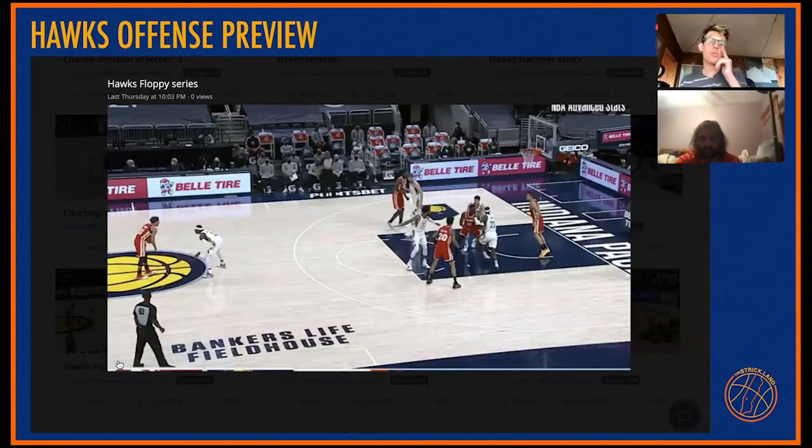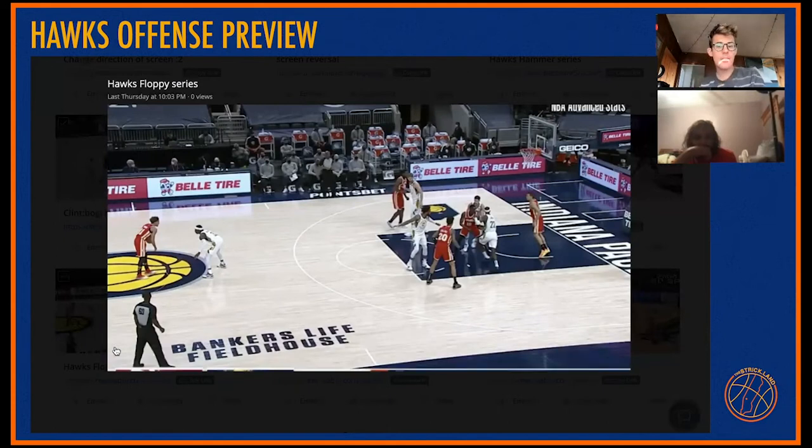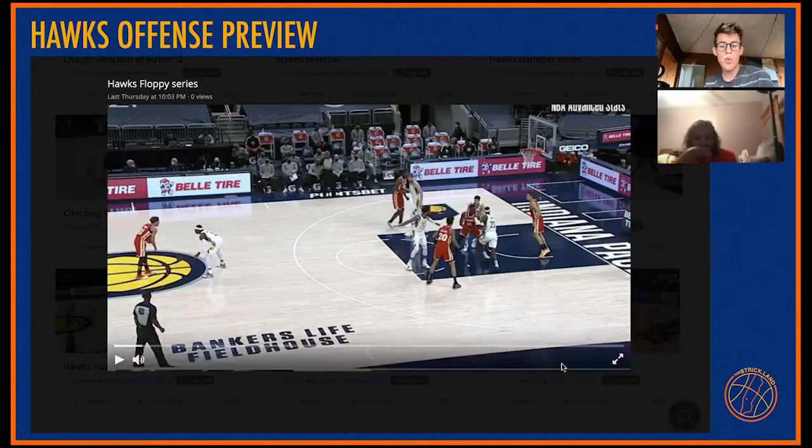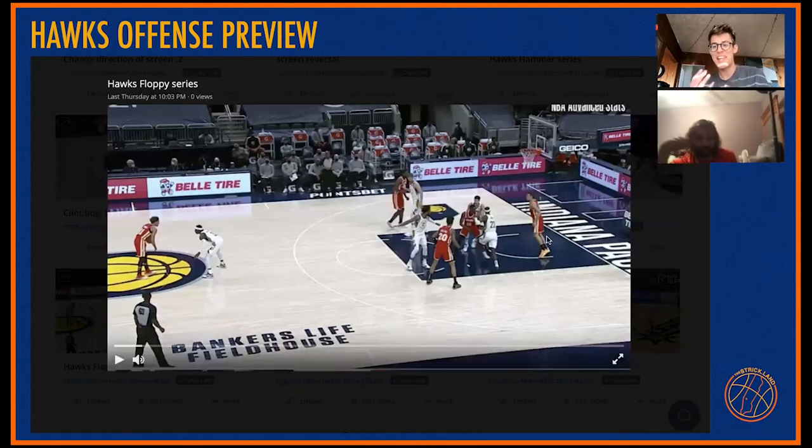One thing related to this that's worth noting is this is a very stationary set, where you run down the court and get set up. And you'll notice that the person this is run for is Bogey. So the Hawks have this tendency in general. Anytime there's going to be these sort of stationary setup sets, they're usually designed for Bogey. It's something to be aware of as a defender, especially when the Hawks are running sideline out of bounds plays or baseline out of bounds plays, because the majority of those for the Hawks seem to be designed for Bogey,